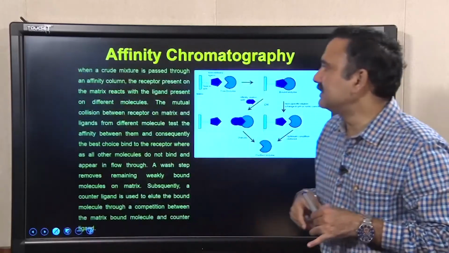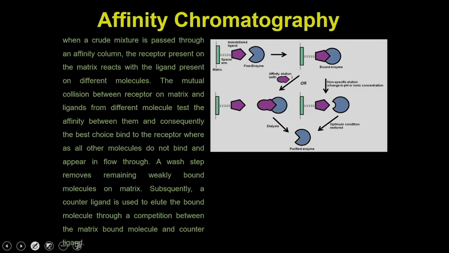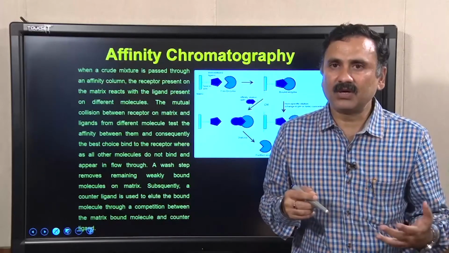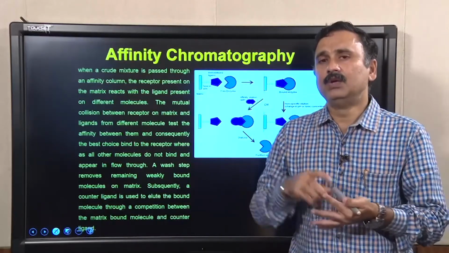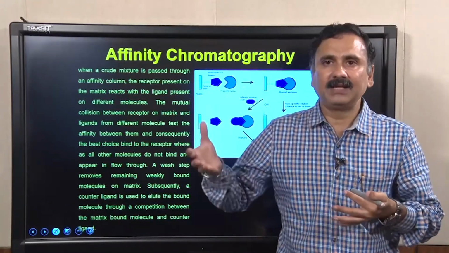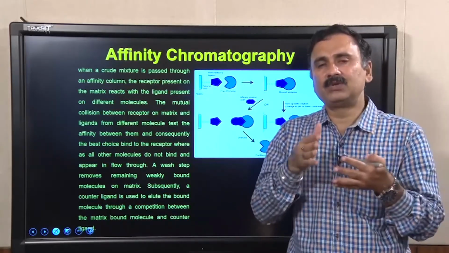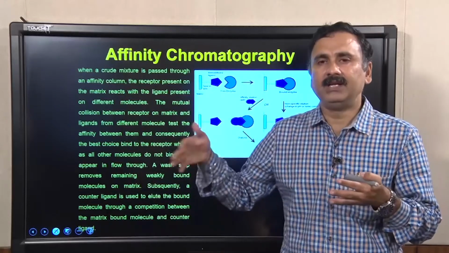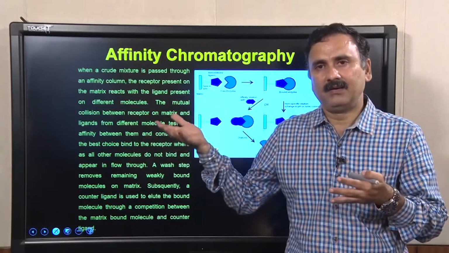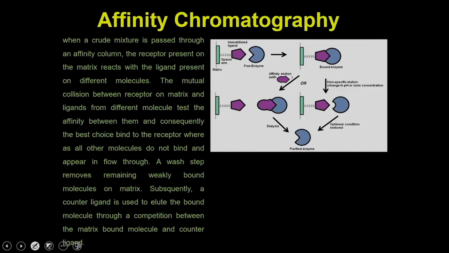How can you utilize this kind of phenomenon in affinity chromatography? What you can do is tag either the receptor or the ligand to the beads, and then you will be able to purify the complementary partner. For example, when you have a crude mixture,